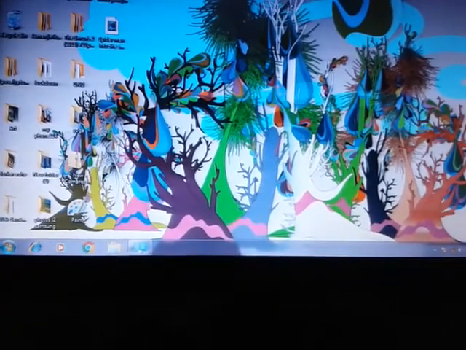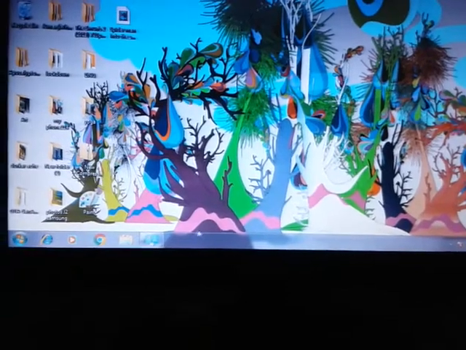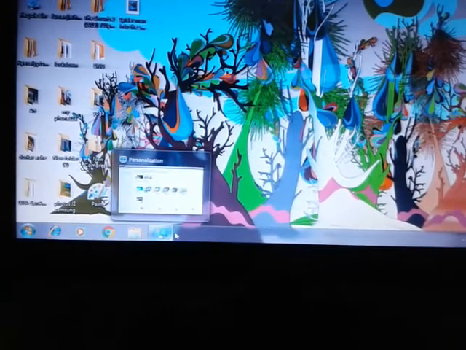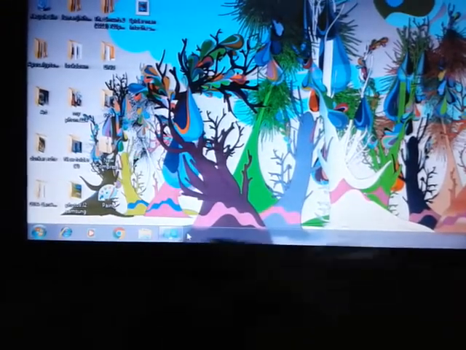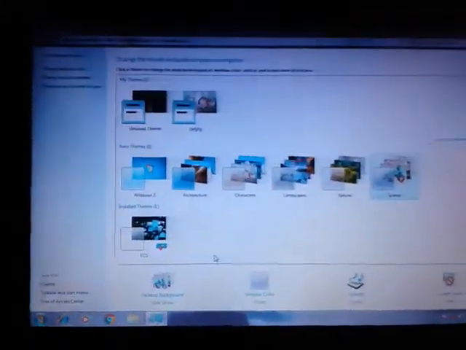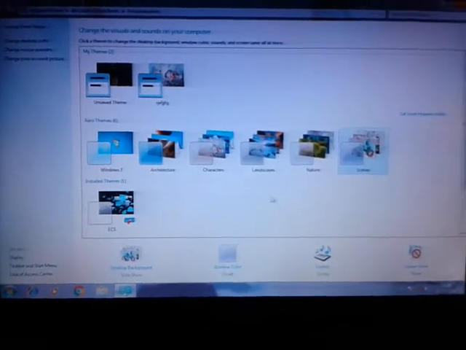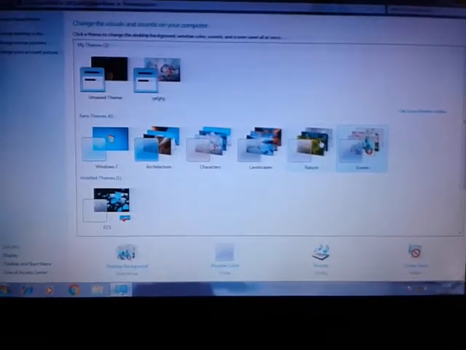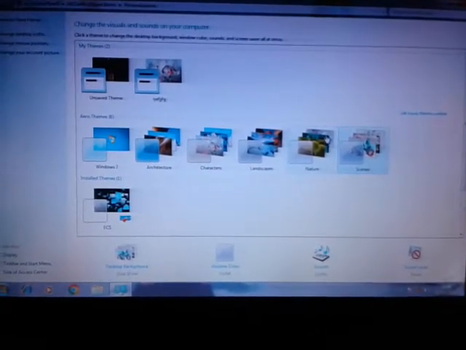If I want to change it again, I can click over here. The pointer, you can see the pointer, I will take the pointer over here. This is the window that is minimized. So I will click on this. I got the window. Again I can select any other picture to change.